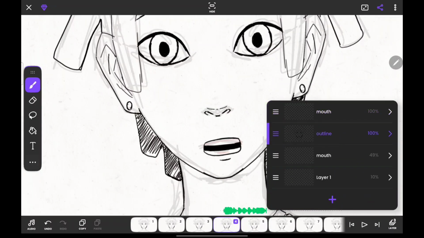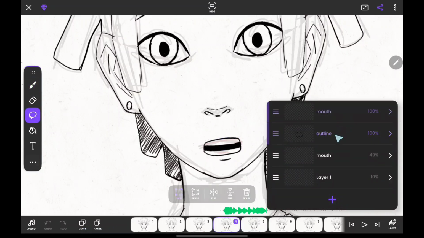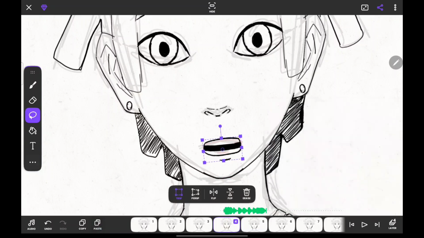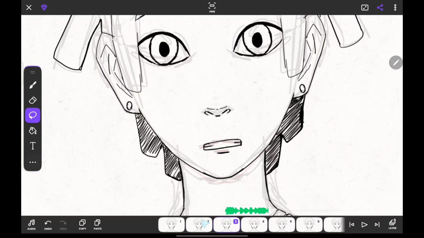Done. Come back to my outline layer, then take this lip, copy it, and move back to the mouth and paste it over there. Then come back to this main outline. Now delete this, erase. So now we have the mouth layer. I'll also go back to this previous frame where I made this E